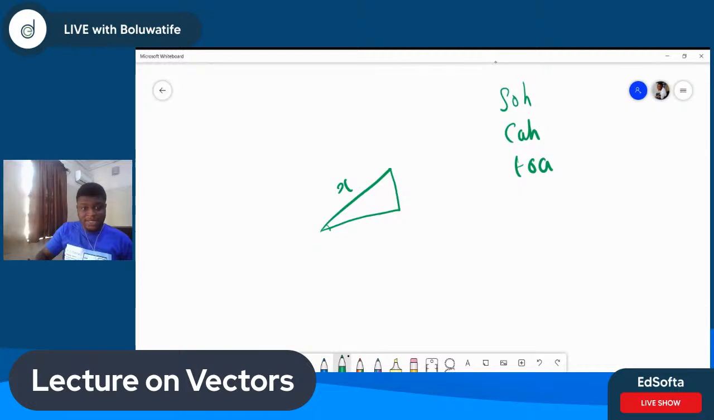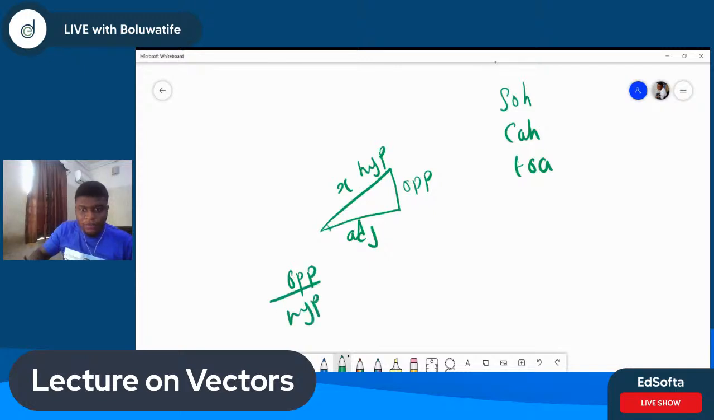It reminds me of sine. Sorry, this is my opposite, right? We're to label this. This is my opposite. This is my adjacent, and this is my hypotenuse. Okay. So now, because this angle is facing here, if I have something like this, opposite over hypotenuse, it reminds us of what? Of sine, right? So now, if I name this angle theta, okay,